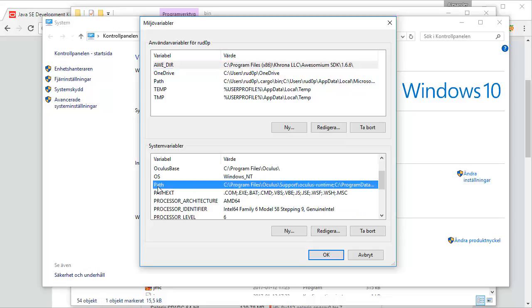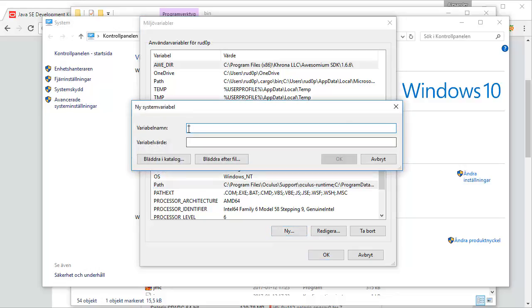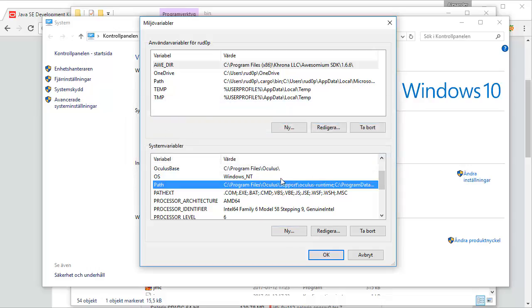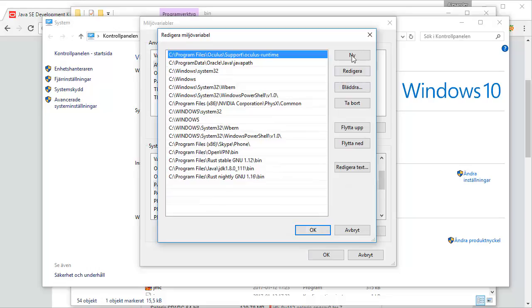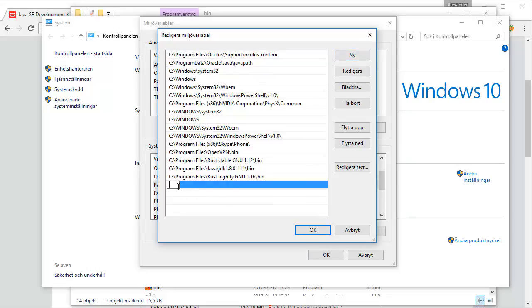And if you don't have a path like this, a path variable, you want to press New here and type in Path for the variable name. And then as for the variable value, you're going to want to paste that path to the bin. Something like this. Since I already have a path here, I'm going to go ahead and edit this and press New and type in the value, the path that leads to our